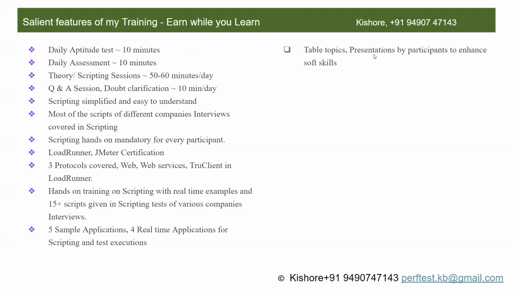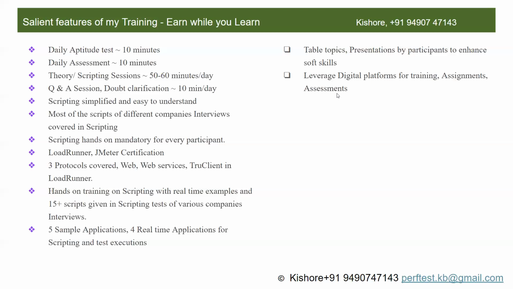And also, once a month, participants have to give some training on performance testing concepts or JMeter concepts, right? So this is another unique feature of my training plan. And we are using different digital platforms for training, assignments, and assessments.